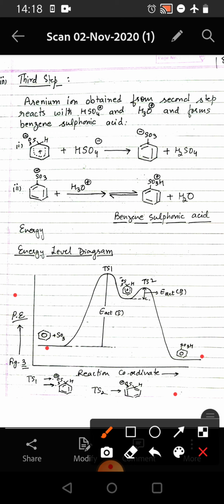And also we can see that the transition states are at the highest energy level and the intermediate is again below the transition states' energy level. So this is quite stable as compared to the transition states, but in this energy profile we can say that this product is the most stable species among the lot.